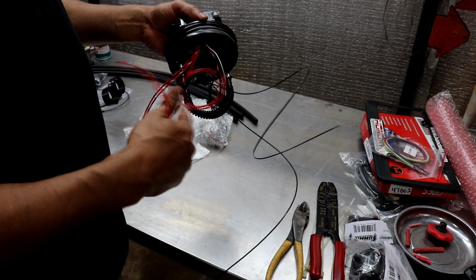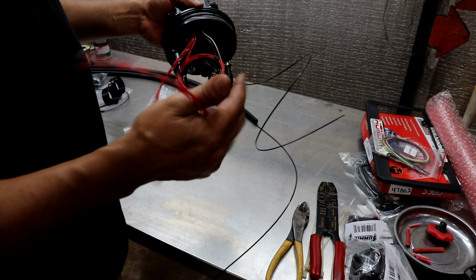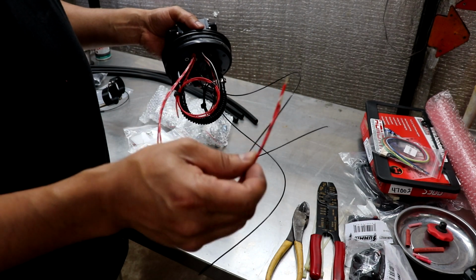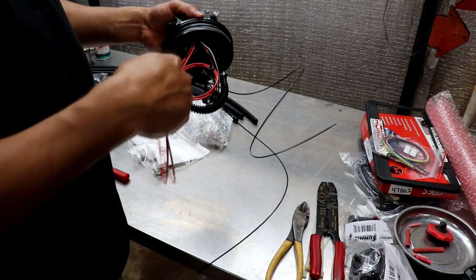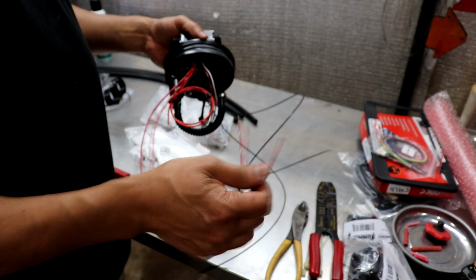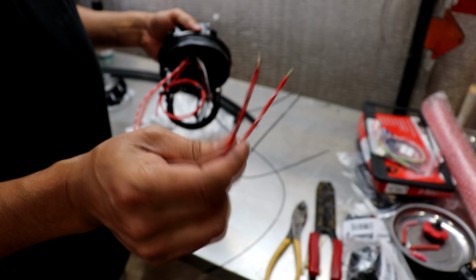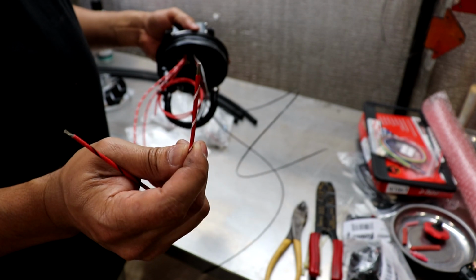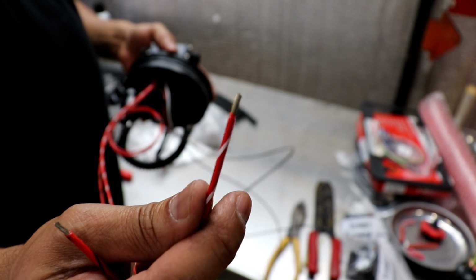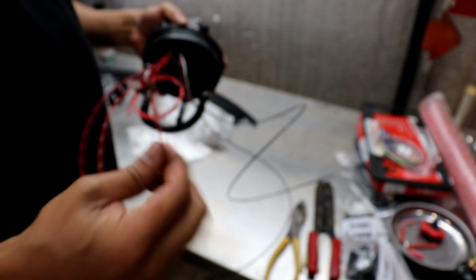I wish I had a butt connector just to cover that, and I might just put something on it. You just got to make sure you're pinning out and wiring in the pumps that you're using. This one's actually set up for 3 pumps, but it's a 2-pump hanger system, and I'm only going to use 2 pumps. So I'm going to opt to use the red with black stripe and the white with red stripe, and I've already done the wire stripping on both,